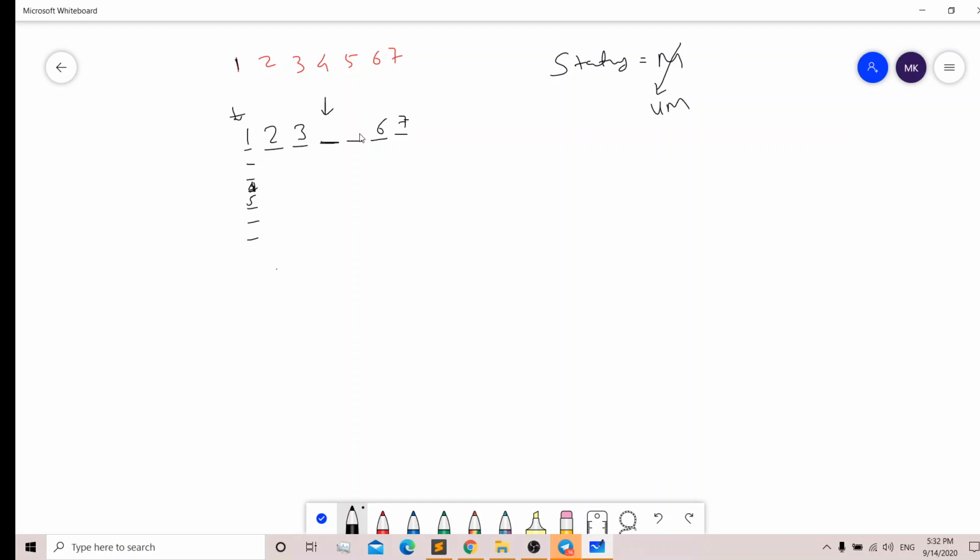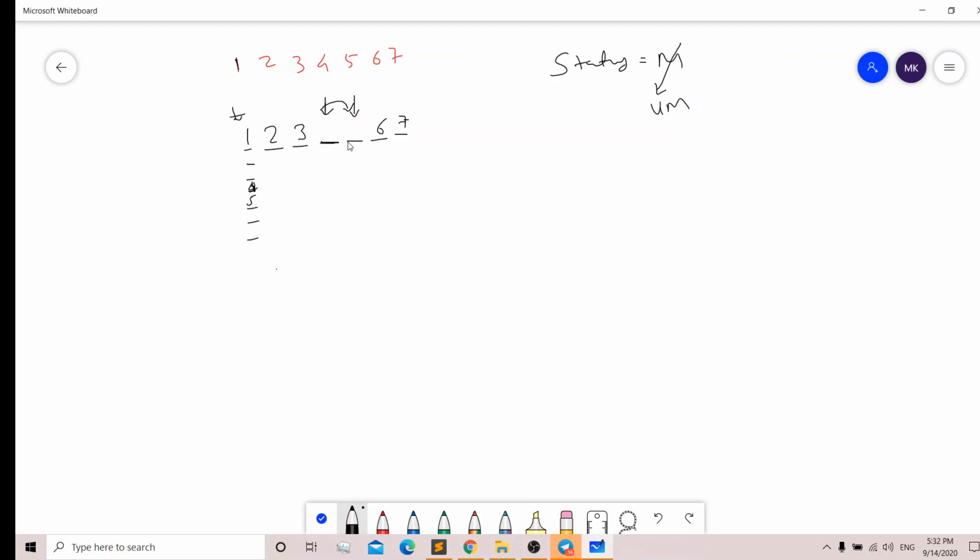Understand? If it is unmatched, then we simply increment the pointer, and the status remains unmatched.